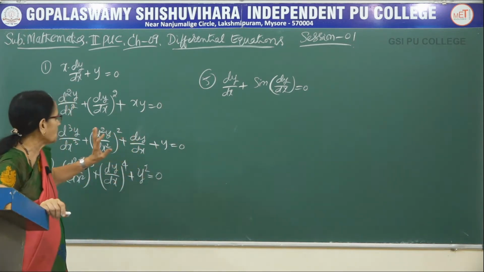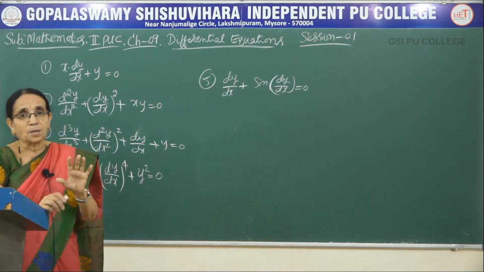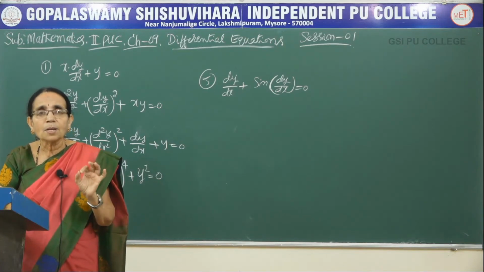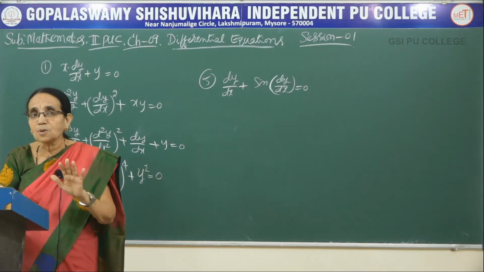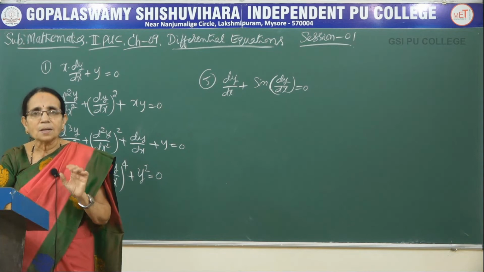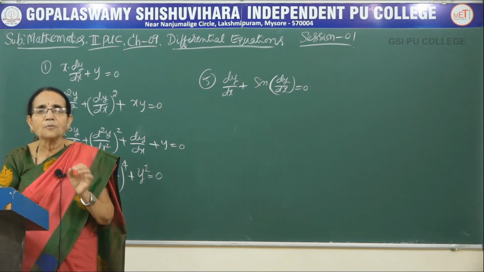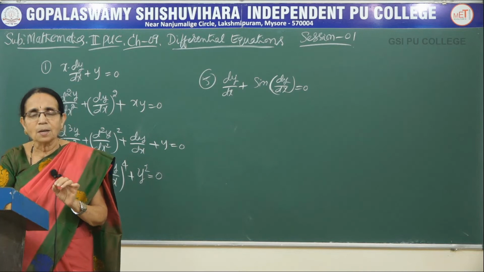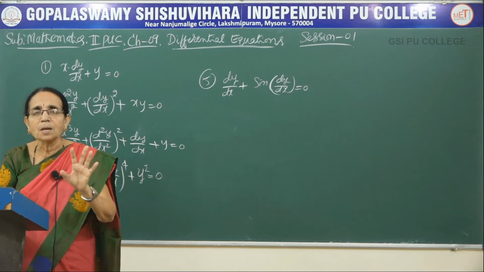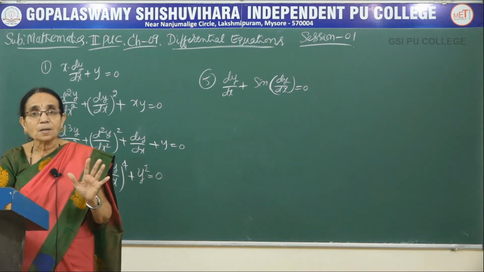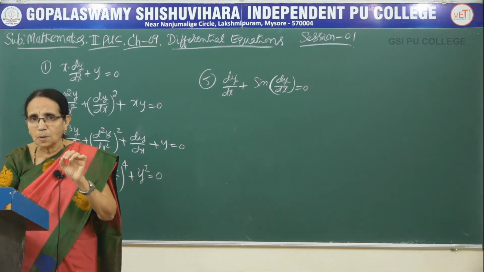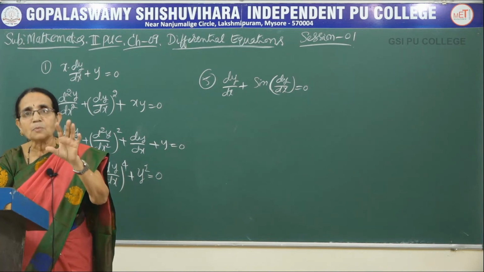So, here you observe, and that is the first condition. If the given equation is a polynomial in the derivative, only then the degree is defined. When it is defined, that is one. Next problem is, what can be the degree of that one? The degree of the differential equation, if defined under that condition, will be the degree of the highest order derivative of the equation. That is, we cannot take the highest number there. The highest order derivative that would be there, the degree of that term we have to consider.